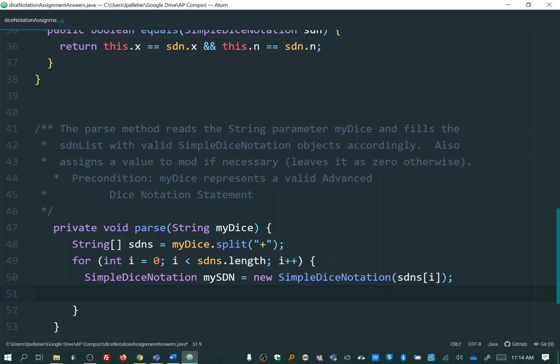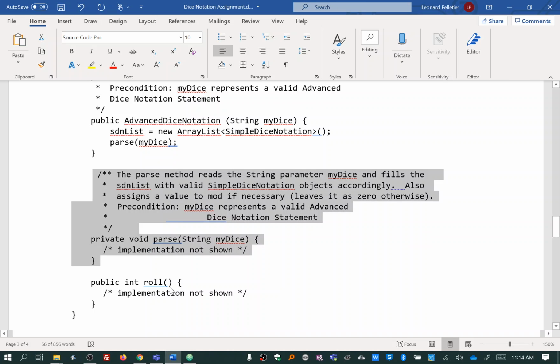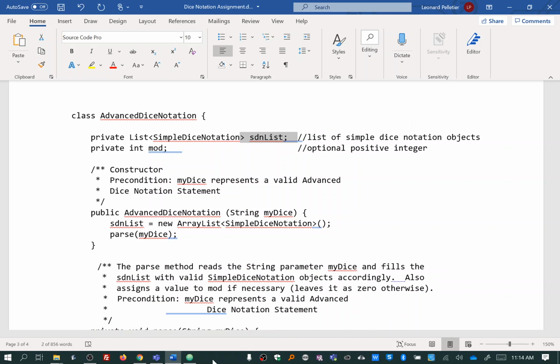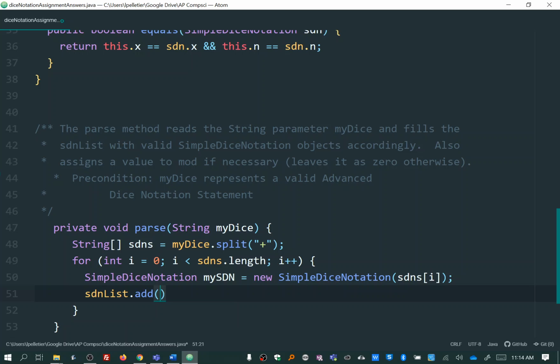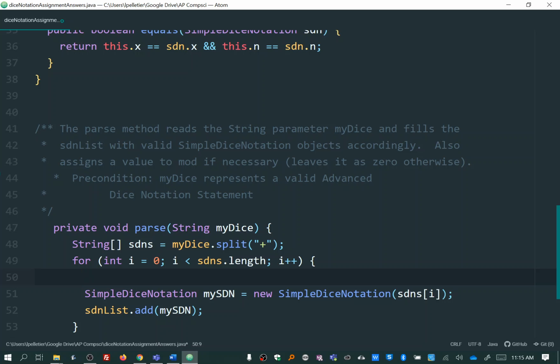So what's the name of my list? I guess I do have to go back. SDN list. Great. So I can say SDN list dot add my SDN. Now that's great, but it assumes that all of those statements are SDN statements, not an integer. So I should probably, before I do this, check to make sure I didn't get an integer. So I'll say something like this: if SDNS sub i